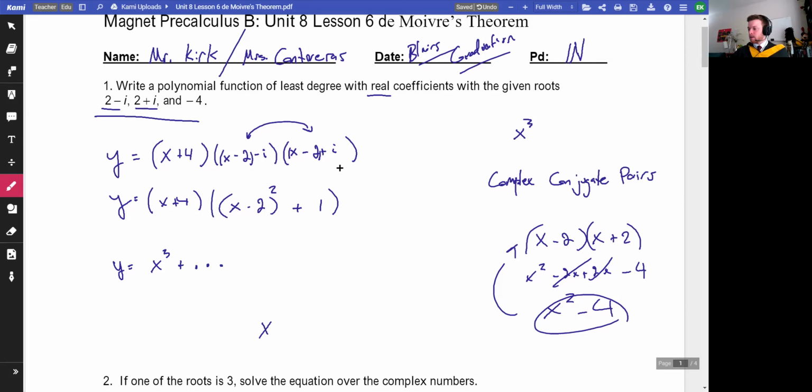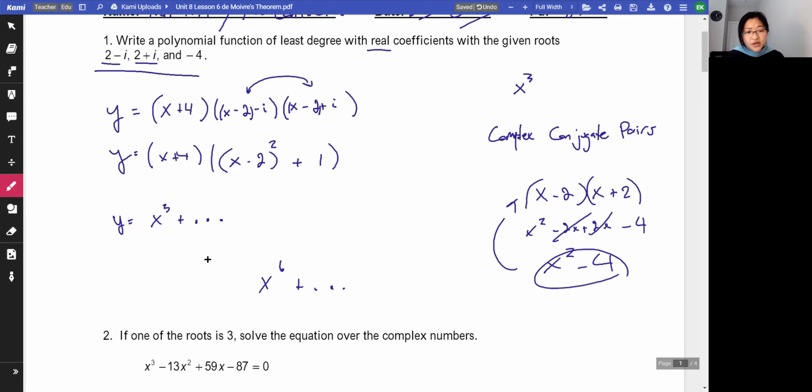But if I said, hey, how many roots does this 6th degree polynomial have? What would you say? 6. What is this fundamental theorem of algebra you're saying? The degree of your polynomial is equal to the number of solutions that you have. Let me do another hypothetical. X squared plus 1 equals 0. How many solutions does that thing have? It doesn't have any real solutions. Just complex. So do you want to call them roots instead of solutions? Yeah, we can call them roots. We can call them solutions. I don't really care about that.